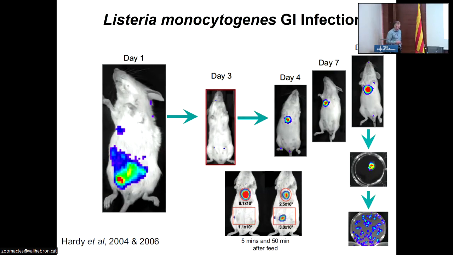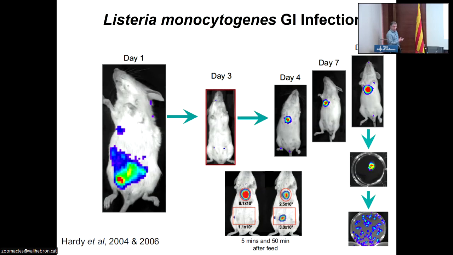I'm going to start off by showing you some old studies that we did. This is back from 2004, 2006. This was published in Science back then with Stanford University. I engineered the Listeria strains, and then they were put into this mouse model. The reason I'm showing you this is because